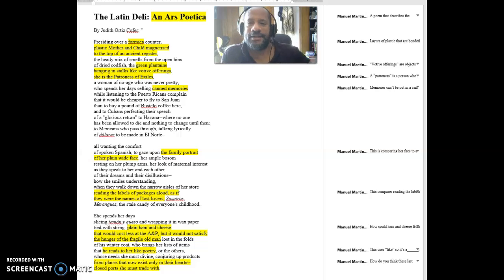The Latin Deli: An Ars Poetica. Presiding over a Formica counter, plastic mother and child magnetized to the top of an ancient register, the heady mix of smells from the open bins of dried codfish, the green plantains hanging in stalks like votive offerings. She is the patroness of exiles, a woman of no age who is never pretty, who spends her days selling canned memories while listening to the Puerto Ricans complain that it would be cheaper to fly to San Juan than to buy a pound of Bustelo coffee here,